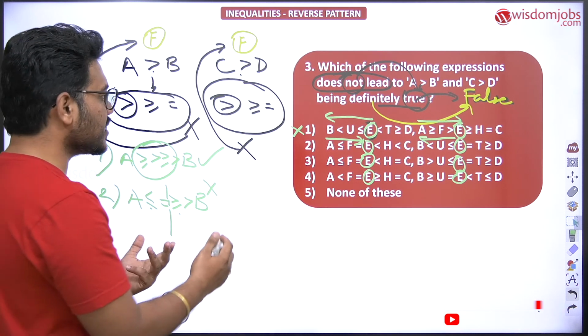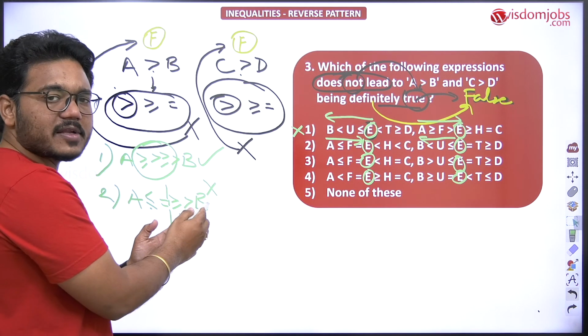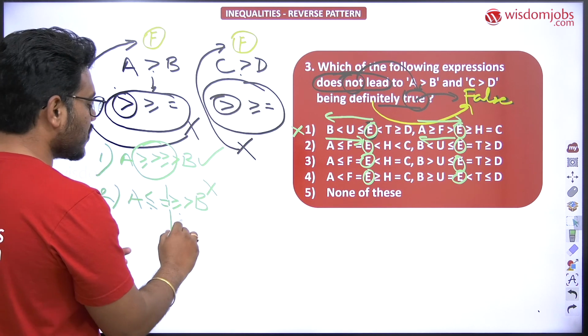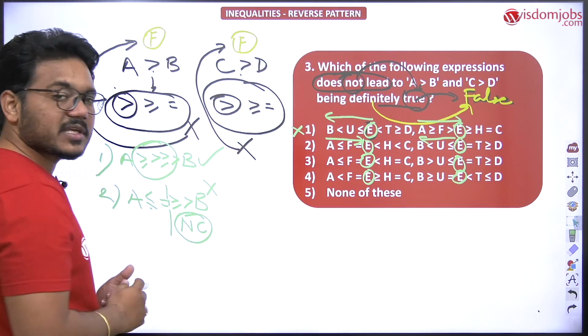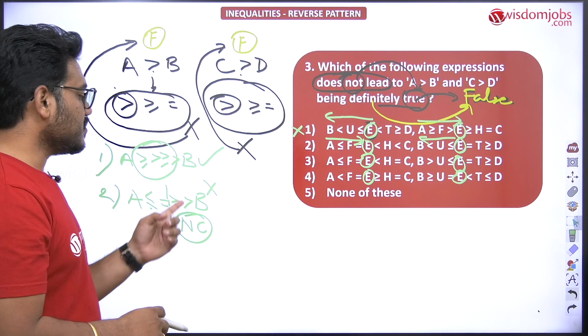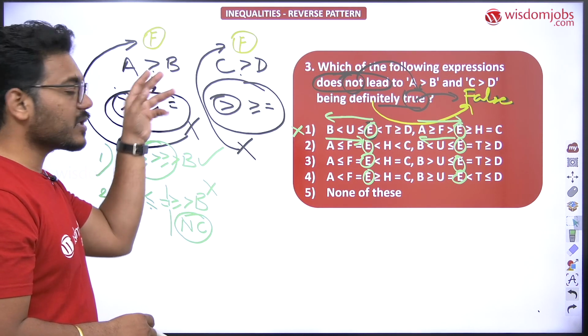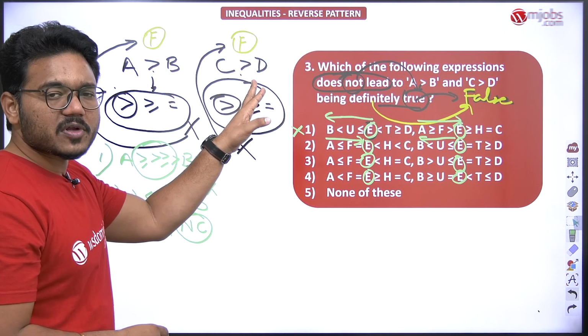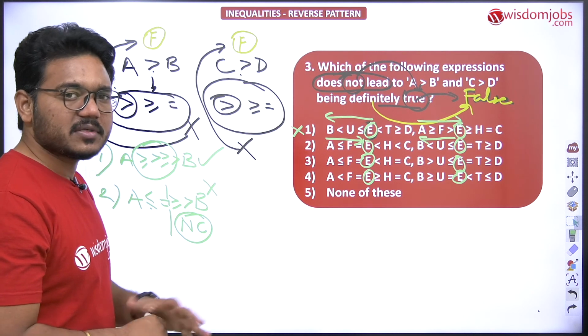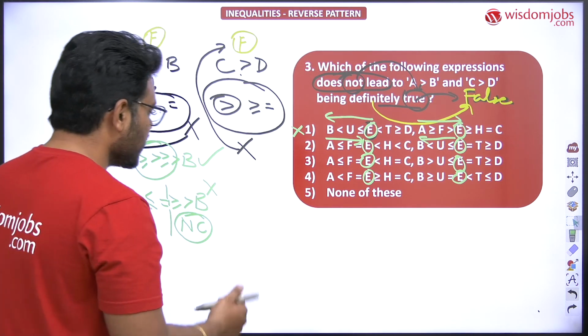So let us check the other relation. So this is false now, meaning no certain relation can be established here. No certain relation in the sense individually this will become false. So let us check this one also. If it is false, it will be our answer. Let us check if it is false or not. So between C and D,